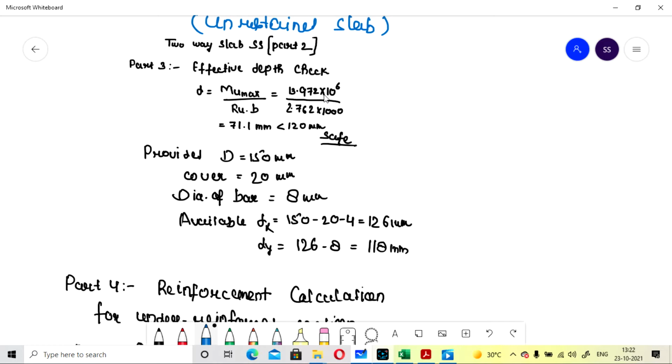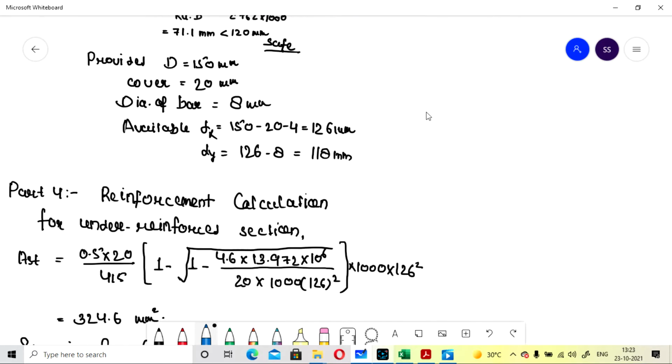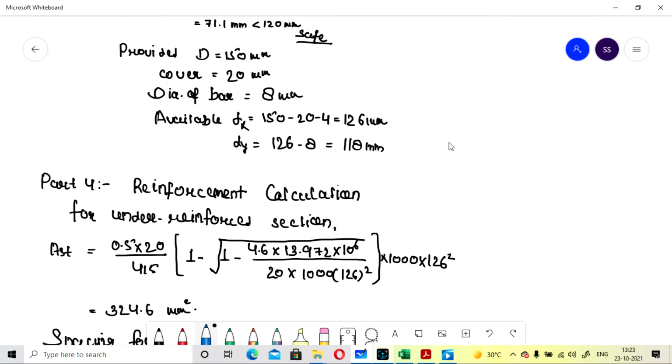Previously we considered 120, but after the check it will come as 126, so you have to use this value. And for dy, for the longer direction, our effective depth will be 126 minus the die of the bar, so it will come as 118 mm. So we have to take these values for the design of the slab.